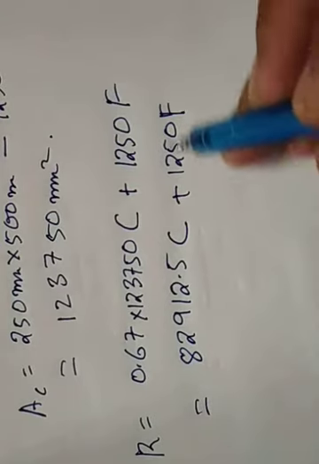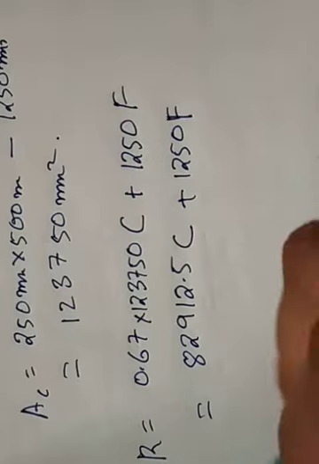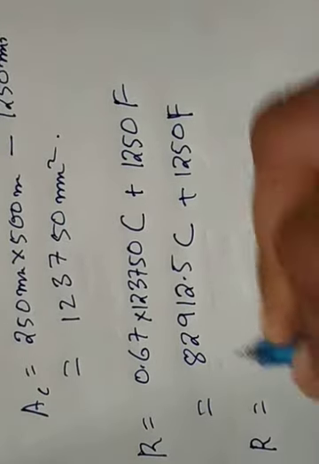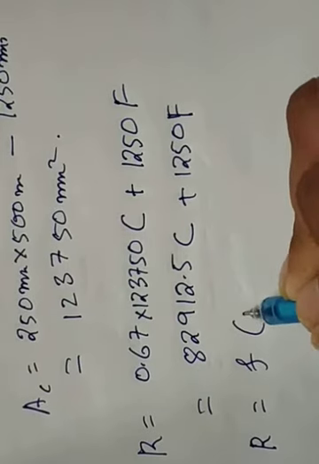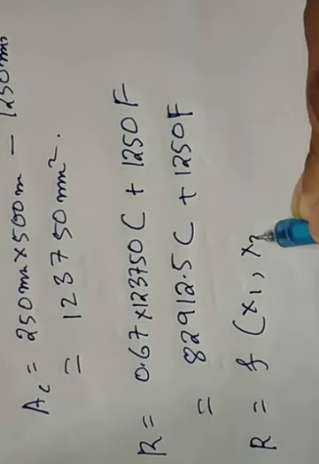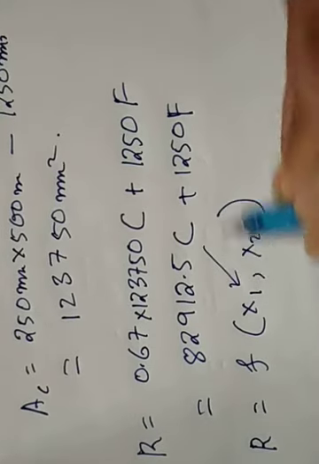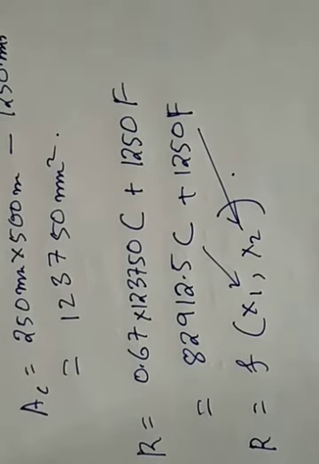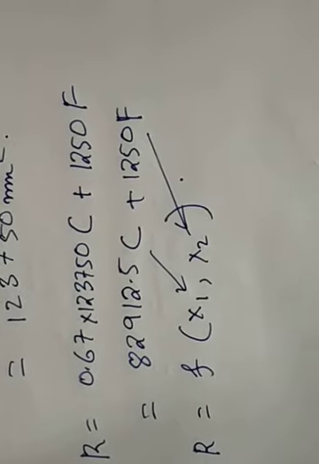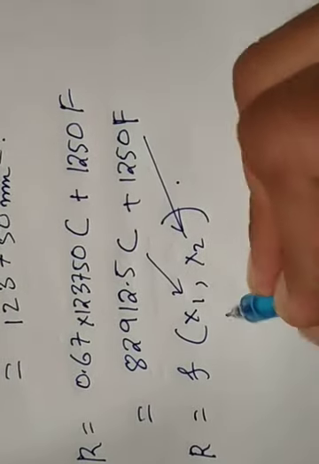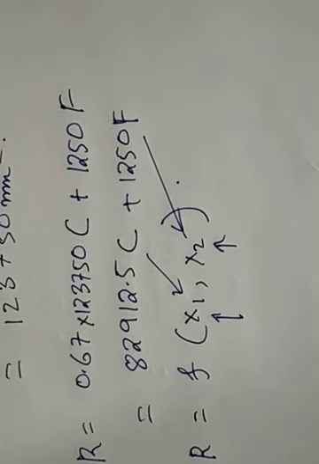So this resistance equation, if we compare with the previous videos, I had mentioned that the resistance equation depends on many factors, x1, x2, dot dot dot xn. So here I actually have two factors, x1 and x2, which are the cube strength of concrete and the yield strength of steel. Okay. Now you're getting a hold of it. So these are going to be your variates,